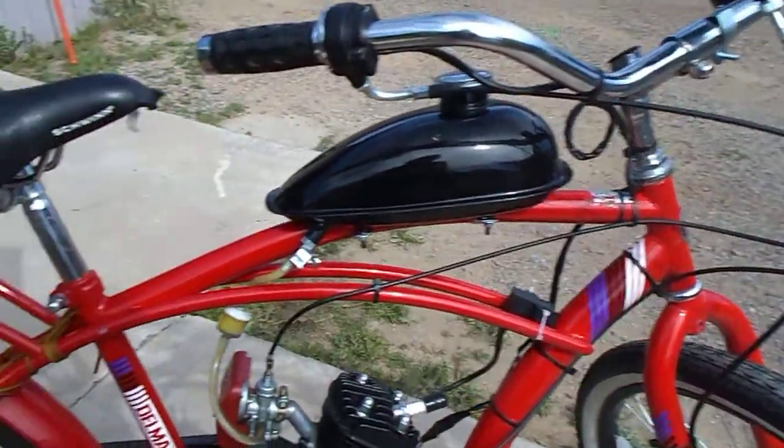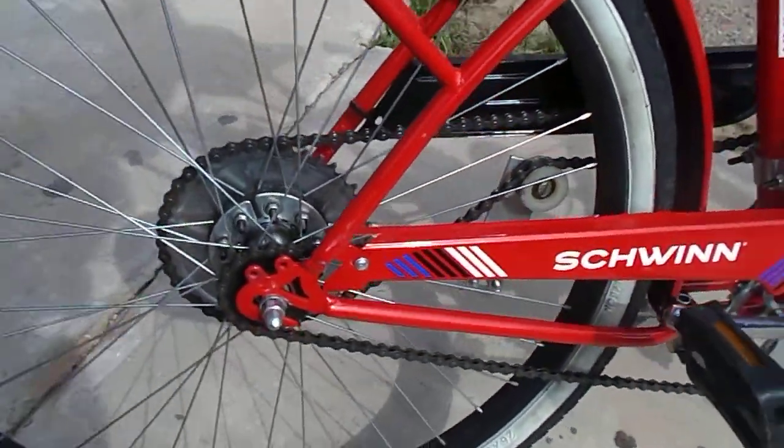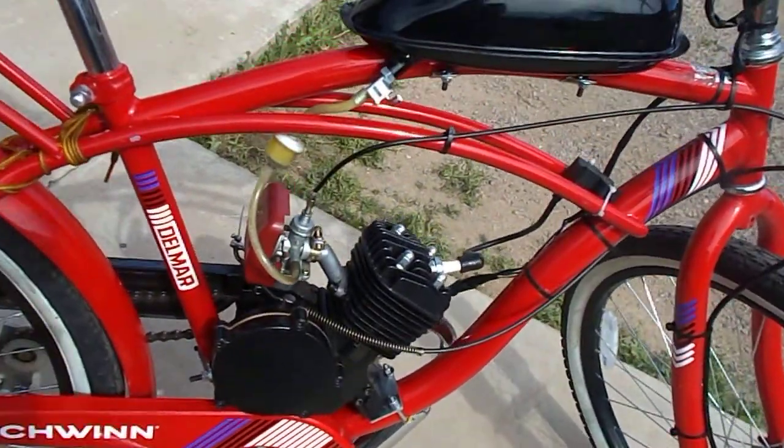I got a new tire for the rear. As you can see, it gets pretty good wear on these funny little tires, but that's probably because I drive it too fast. Another thing that we're going to upgrade is